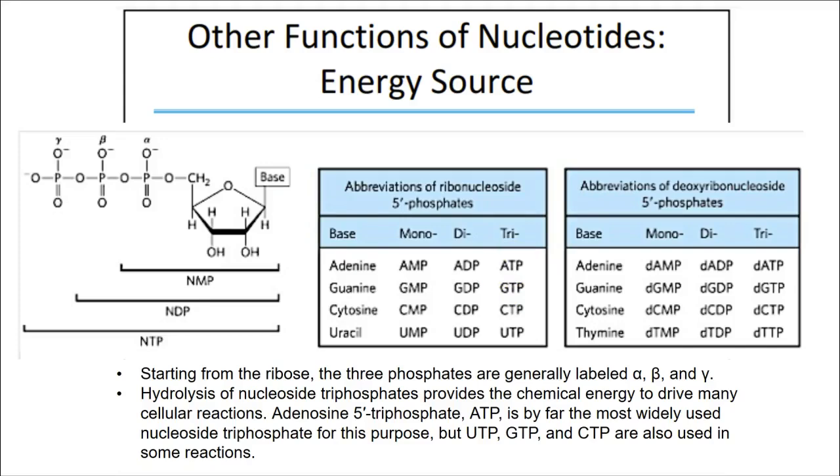Starting from the ribose, the three phosphates are generally labeled alpha, beta, and gamma. Hydrolysis of nucleoside triphosphates provides the chemical energy to drive many cellular reactions. Adenosine 5'-triphosphate, also called ATP for short, is by far the most widely used nucleoside triphosphate for this purpose, but UTP, GTP, and CTP are also used in some